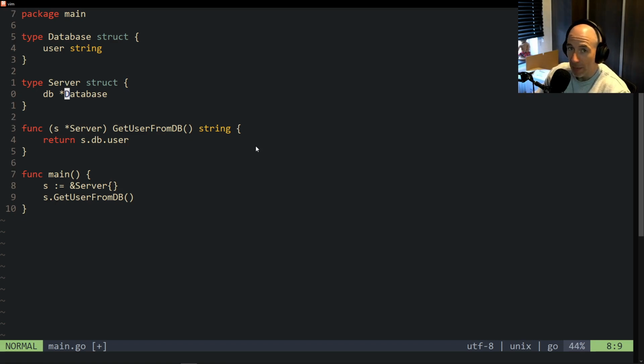A pointer to a database, which is this struct, right? So we know that this is a pointer. That basically means that db is going to be 8 bytes. It's going to be a uint pointer, actually, which is basically 8 bytes long, right? So each time we call s.db,